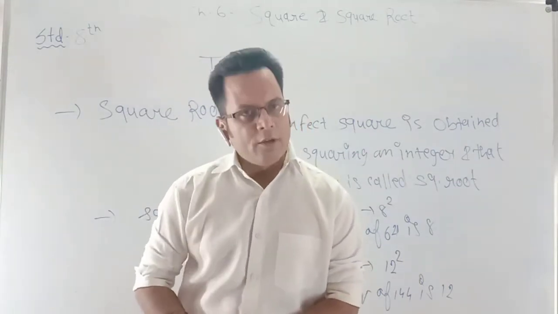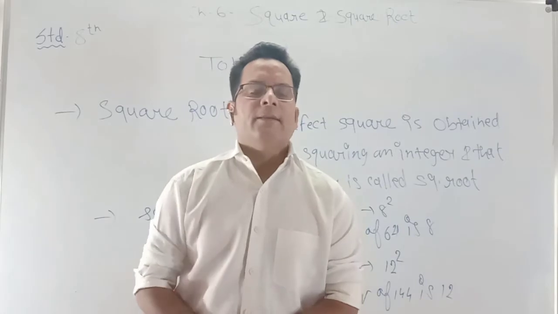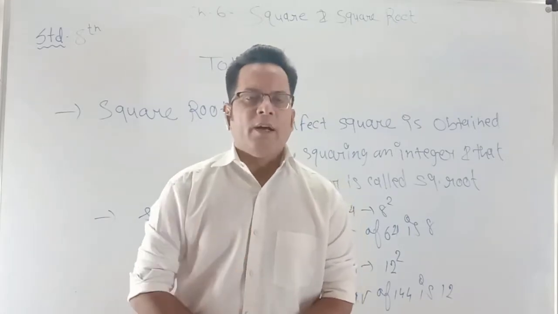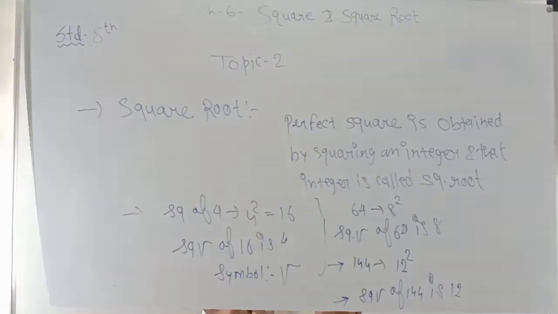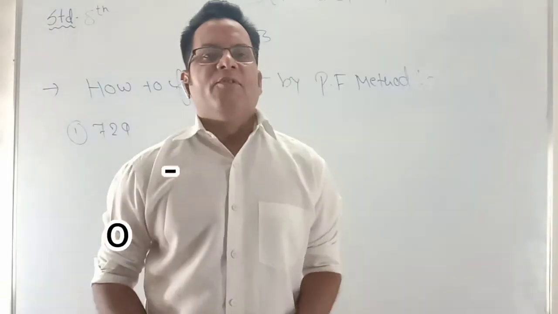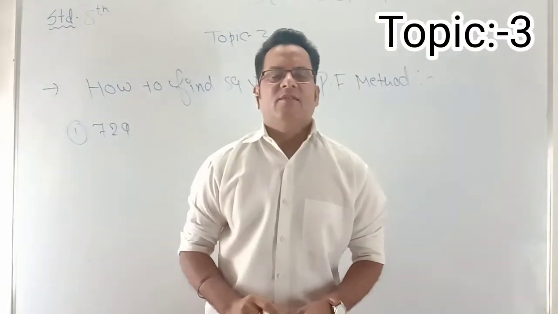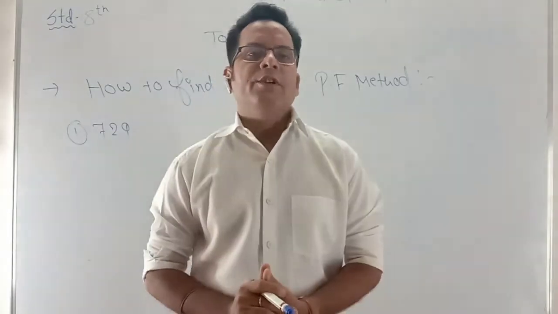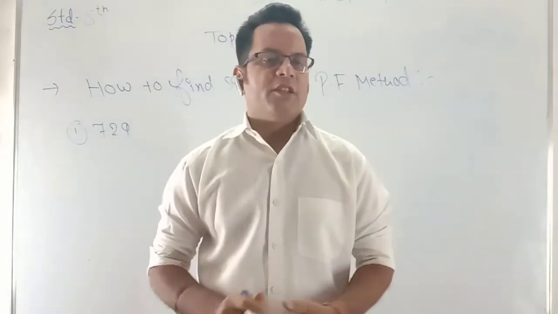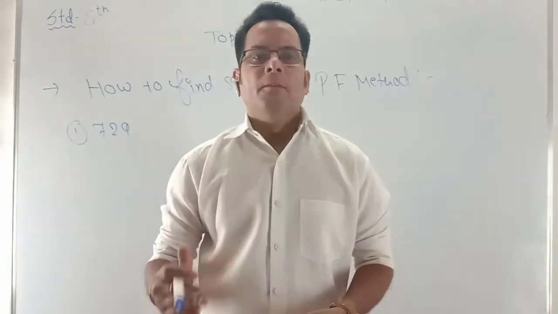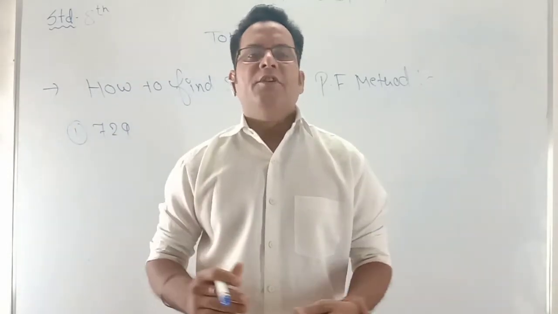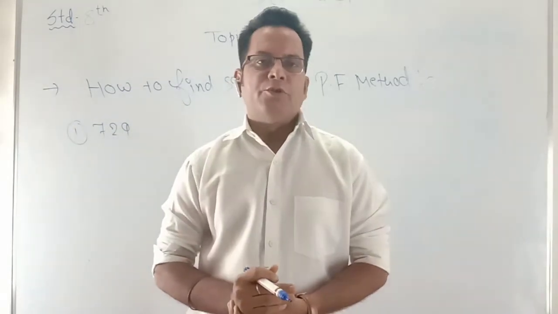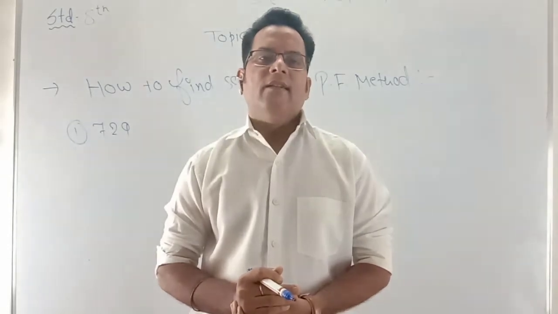Now in topic number 3, we shall be discussing all the patterns one by one. Just take a look here. And now students, pattern number 1: how to find the square root with the help of the prime factorization method. Here we are going to make the factors of the given number with the help of prime numbers. We have to divide the sum into 2 parts, LHS and RHS.